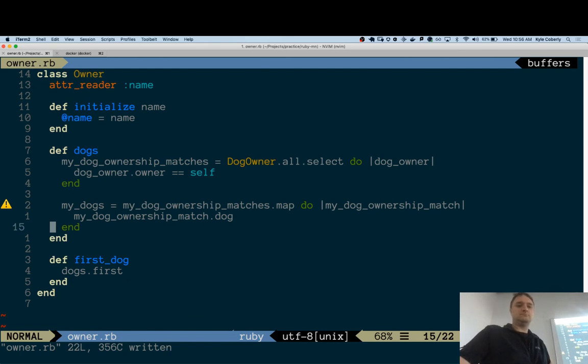Well, I feel like we could change now to find somehow and get the first dog. You totally could. However, now you don't have a list of all the dogs that you could use. The way I've written this here, I can get all of my dogs or I can get my first dog. If I use find here, I never get all of the matches. That's why.